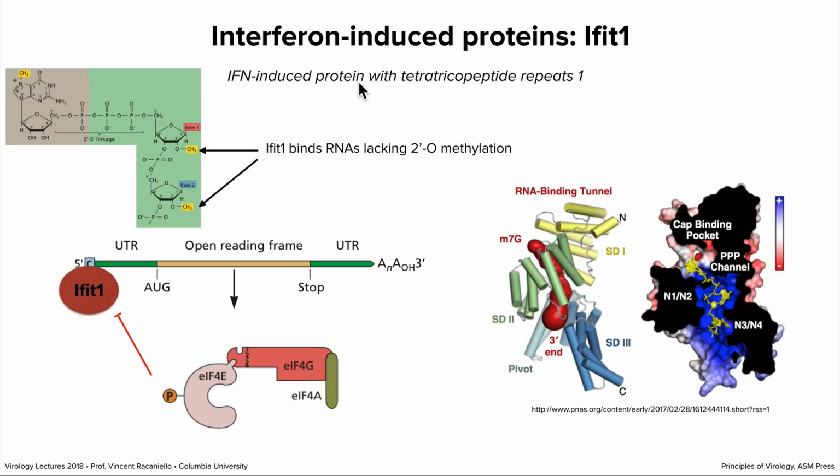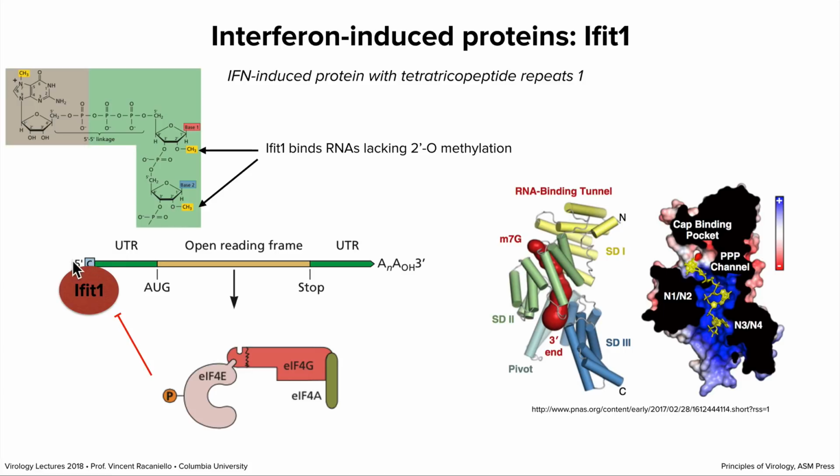That stands for interferon-induced protein with tetratricopeptide repeats 1. This is a very interesting molecule that binds RNAs lacking 2' O methylation. What is that? Here on the upper left is a picture of a cap structure on a viral RNA. Remember, mRNAs and many viral RNAs are capped. The cap is a reversed 5' to 5' linkage of that first base to the first base of the RNA. And in addition to the cap, these structures are methylated here in yellow, you can see. And this is 2' O methylation, which simply means the methyl is attached to the 2' oxygen on the ribose